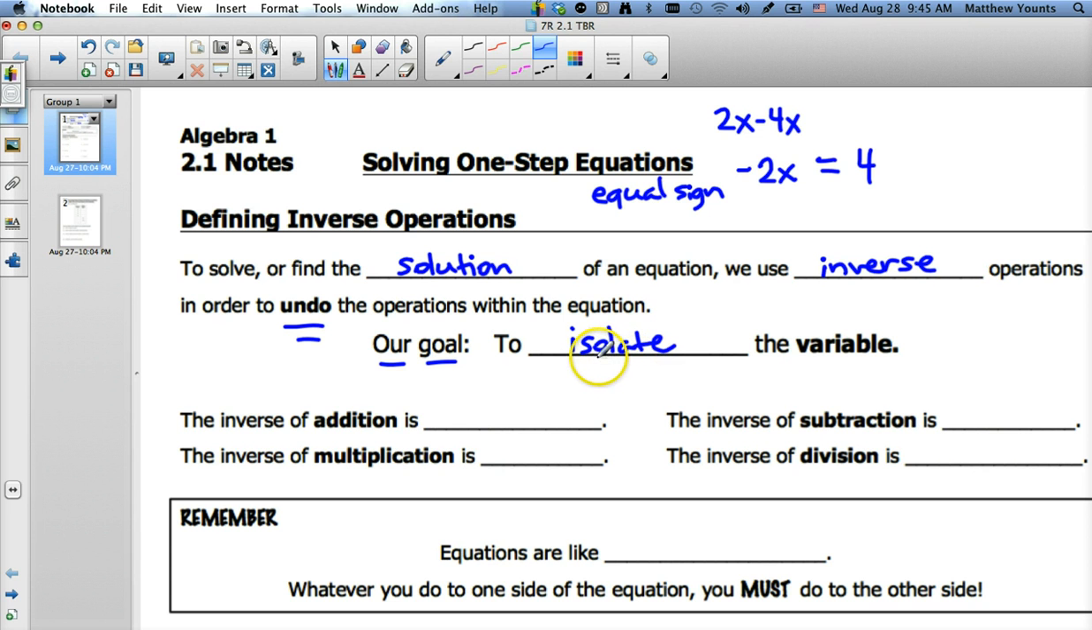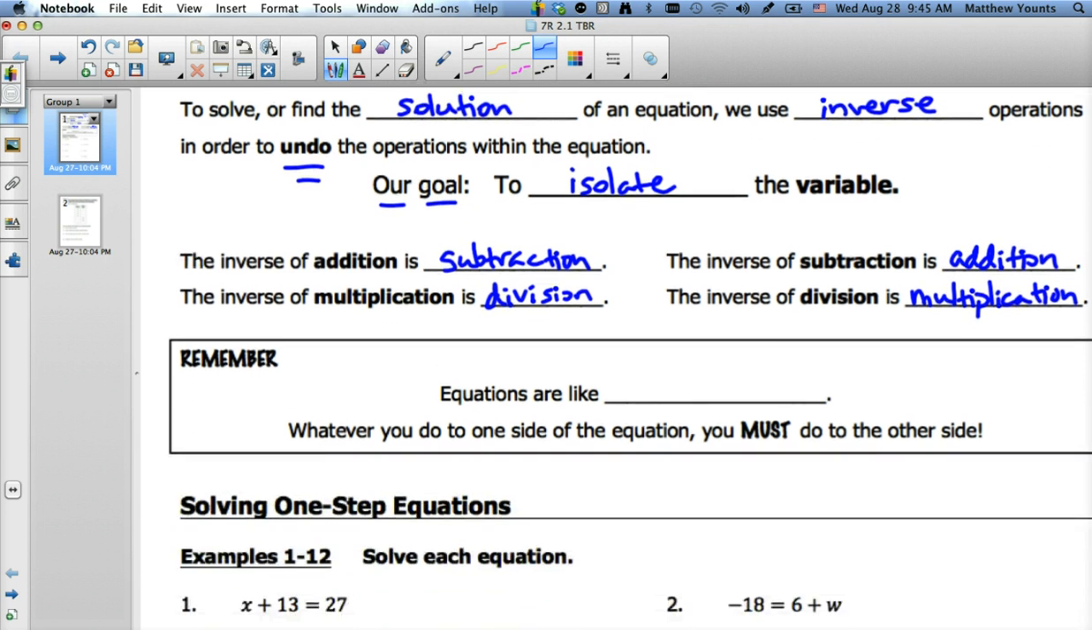In order to do that, you have to know what your inverse operations are. Inverse is another way of saying opposite. So the inverse of addition, we know, hopefully, is subtraction. And thus the inverse of subtraction is addition. The inverse of multiplication is division. And that means the inverse of division is also multiplication. So you need to know what your inverse operations are in order to solve an equation,